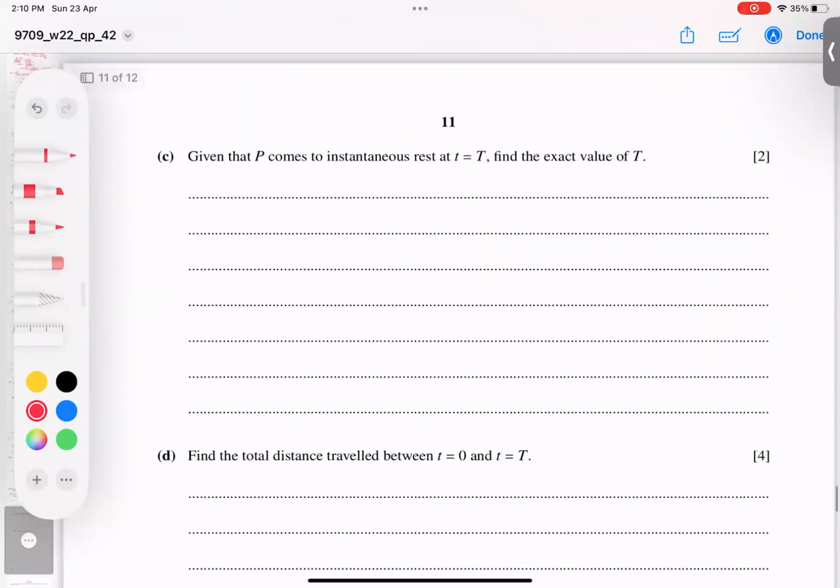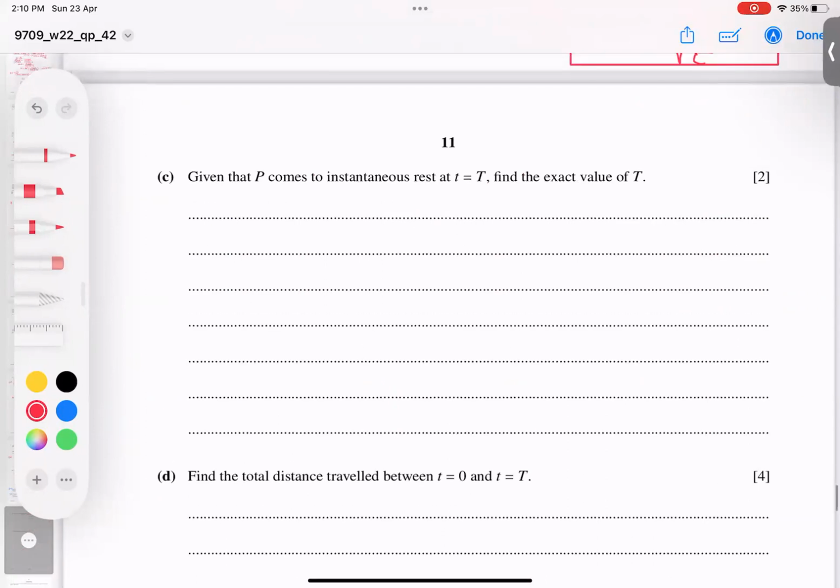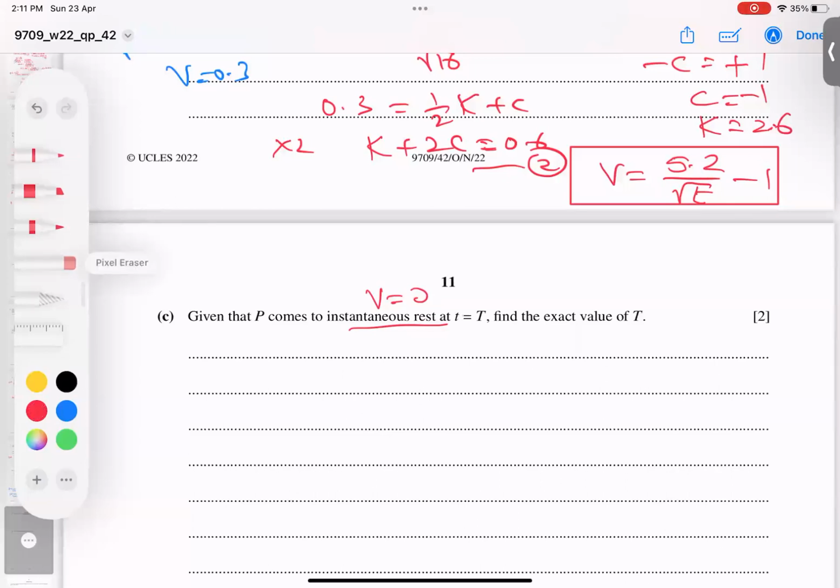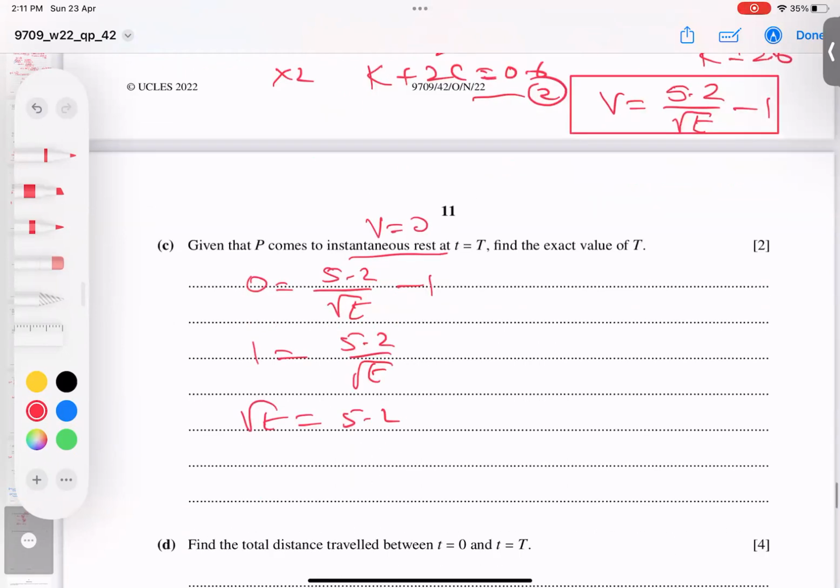Okay, so let's go for part C. P comes to rest at time capital T, and I'm looking for the exact value of T. Rest means, very clear, velocity is zero. So I will plug in velocity zero here, and plug in 5.2 over root t minus 1. So the 1 goes there, root t multiplies there, it becomes this, and squaring both sides I get the time. If you square 5.2,